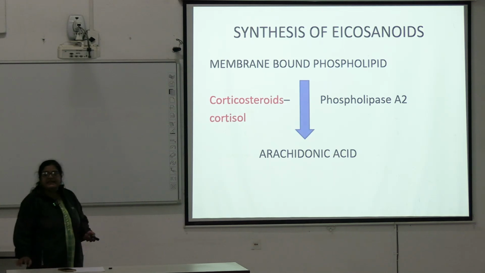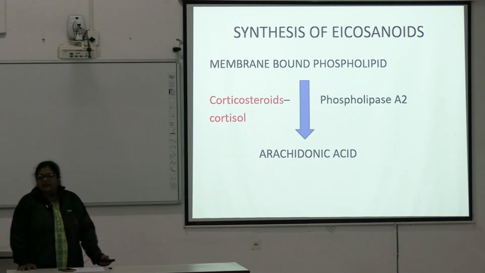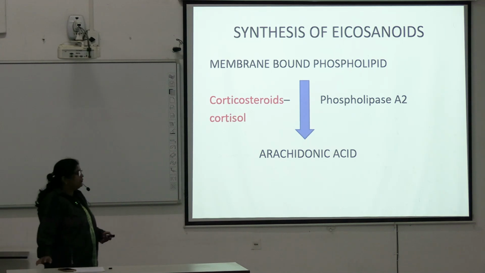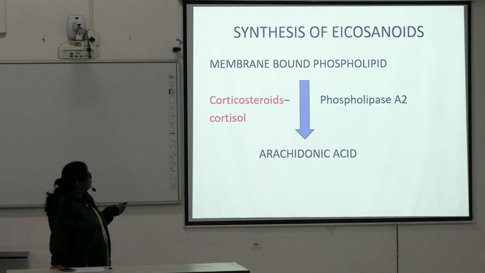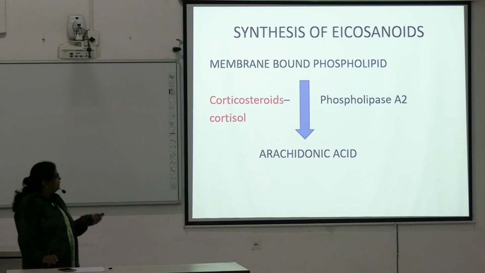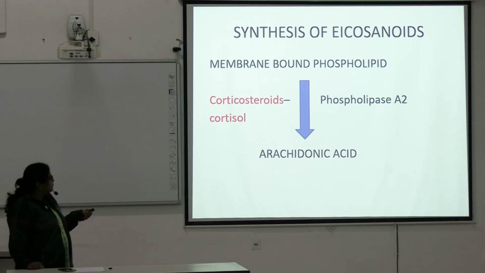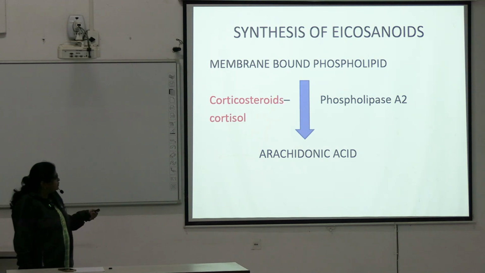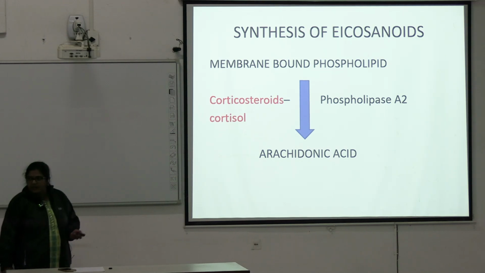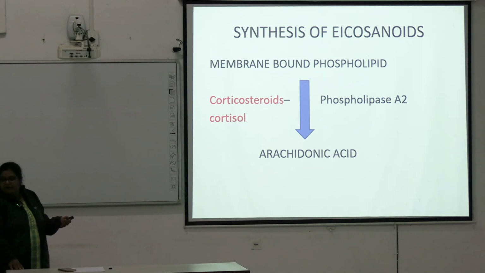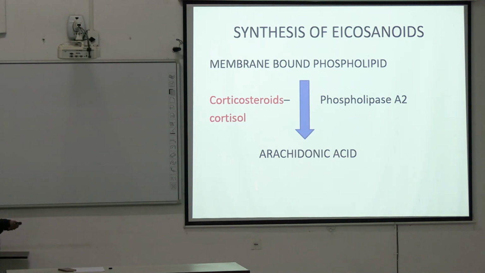Next, the synthesis of eicosanoids. It is synthesized from membrane-bound phospholipids, which are converted to arachidonic acid by the phospholipase A2 enzyme. This step is inhibited by corticosteroids or cortisol. In the next step,